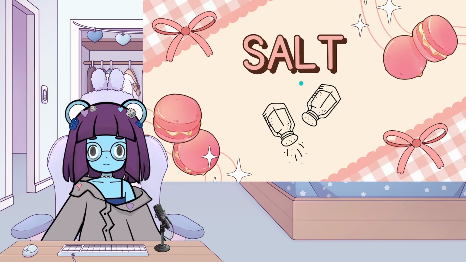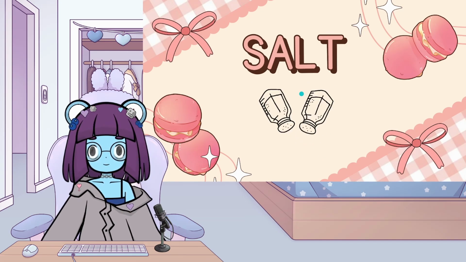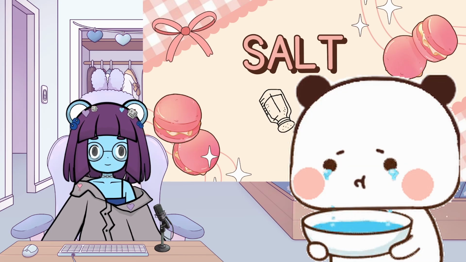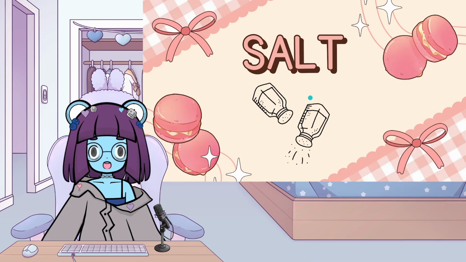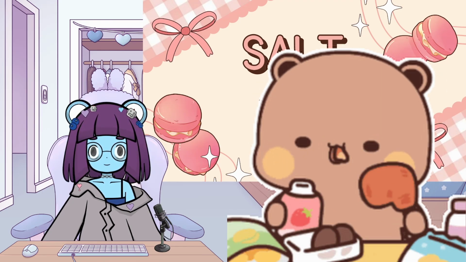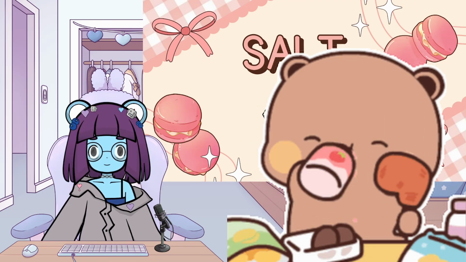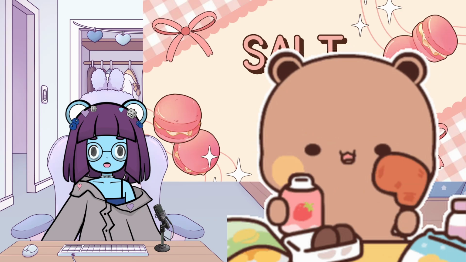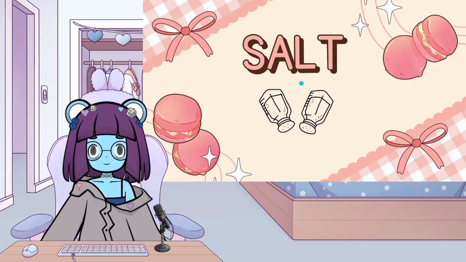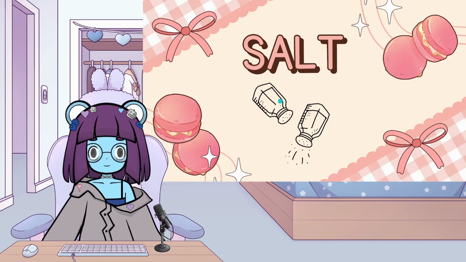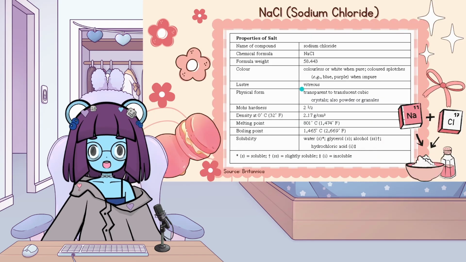Salt. Salt in cubes. Why is salt a cube? Salt is something that comes out of my eyes every time I cry. Also, I consider it one of the backbones of food to give it that savory flavor and bringing out other flavors. So let's learn about salt, specifically the salt that makes food tasty, also known as table salt,